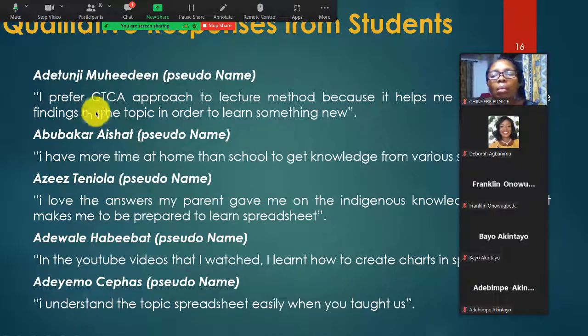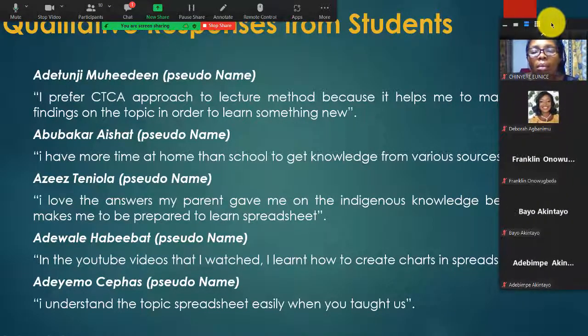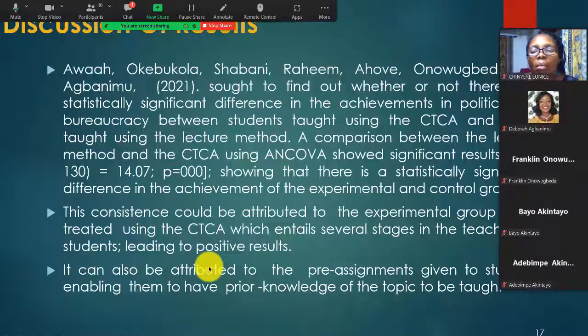So the students gave the following responses. I love the answers my parents gave me on the indigenous knowledge, maybe to be prepared to learn spreadsheet. The YouTube videos that I watched, I learned how to create charts and all that. I understand the topic spreadsheet easily when taught. Now, in discussing these results, we found